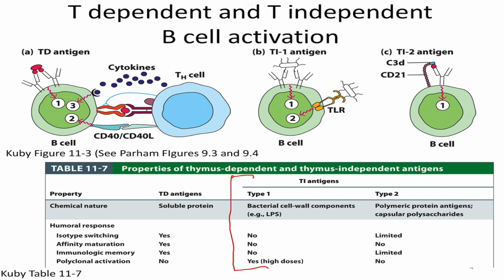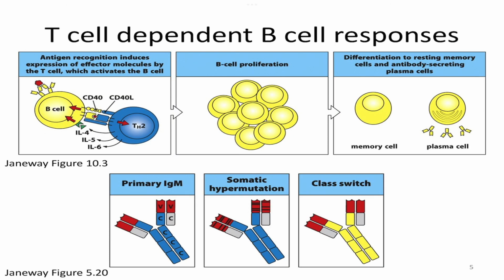This is important for some types of antigen, particularly based on their chemical type, because as you see with a T-dependent antigen, we're really looking at soluble protein as our antigen because we have to be able to present some of that antigen to T cells in order to make an appropriate response. And so just to give you that reminder, really for the rest of the time today, I'm going to be mentioning T-dependent B cell responses,